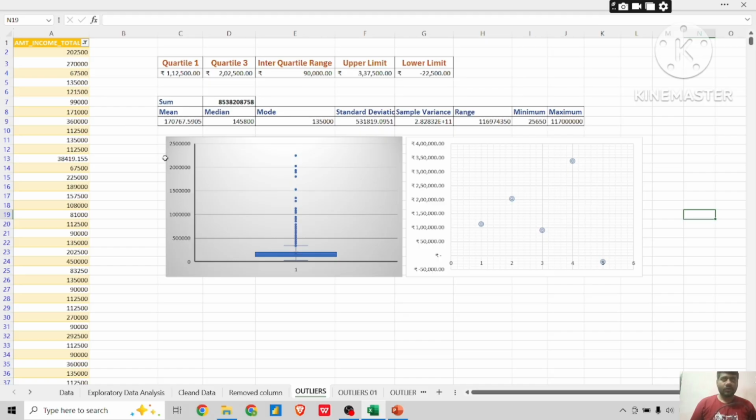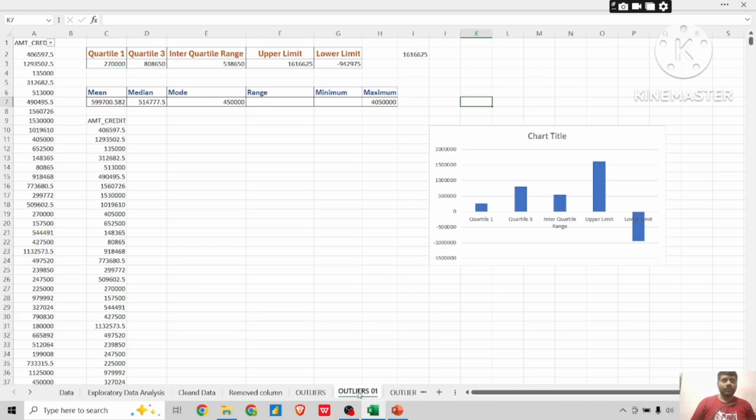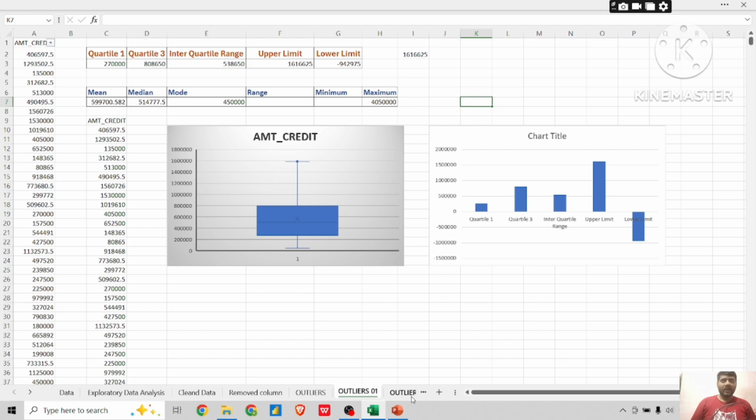The second task was to find the outliers. Outliers can seriously distort any data analysis and lead to misleading averages, skewed visualizations, and inaccurate models. That's why identifying and handling them properly is important in any data project. To detect outliers in this project, I used the IQR method, using an Excel